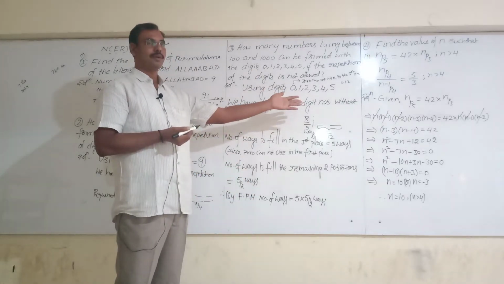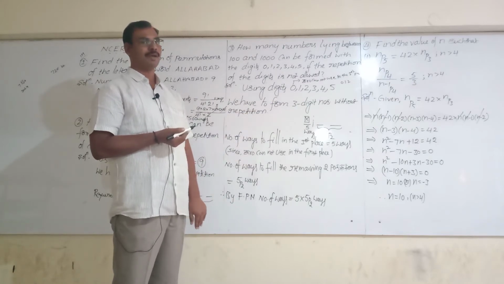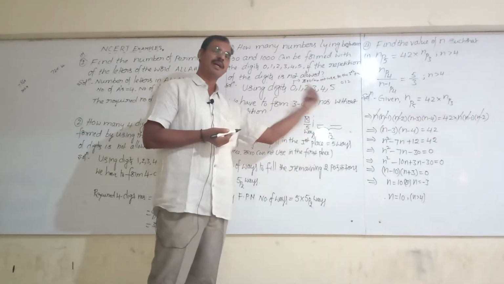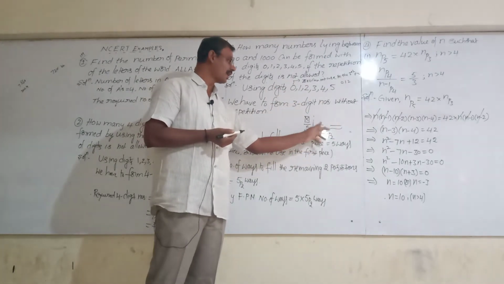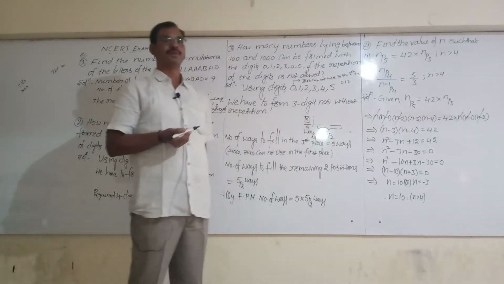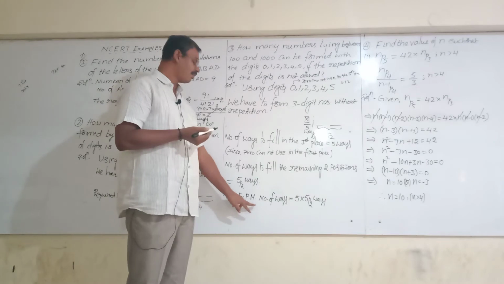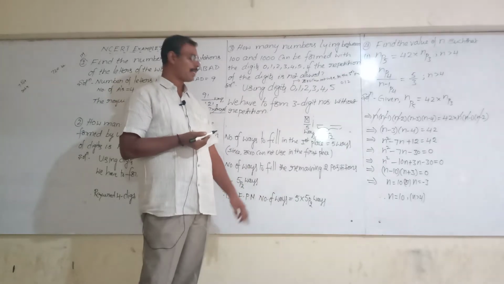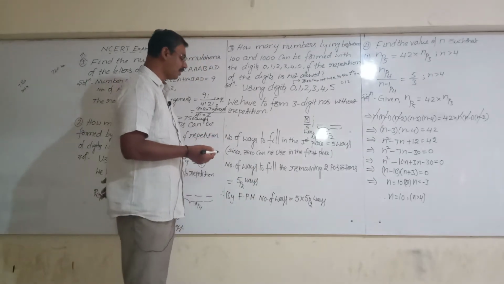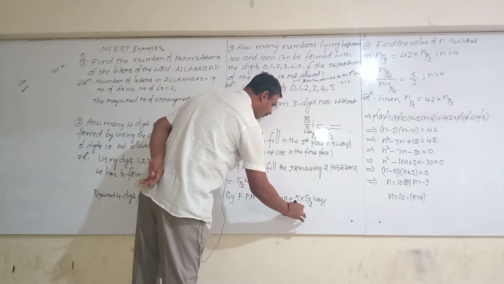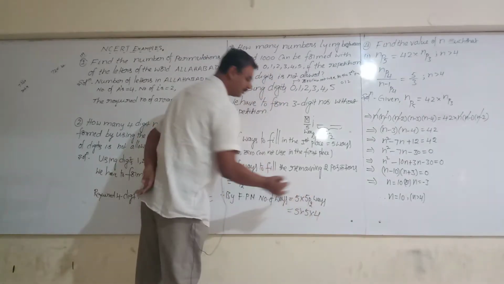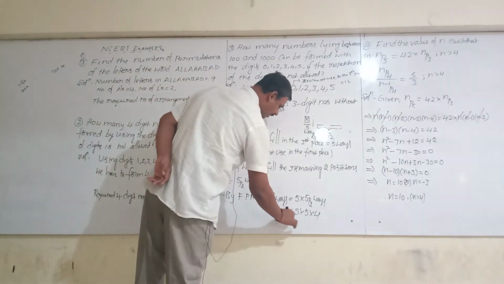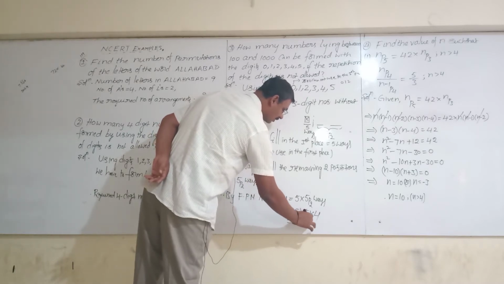What do I do? Multiplication or addition? Multiplication. Why? Because I do not stop at the first place. Further I fill the second position as well as the third position. So by using the fundamental principle of multiplication, the required number of ways equals 5 into 5P2 ways. Further I simplify: 5 into 5P2 means 5 into 5 into 4. Don't write a denominator, that is only in combination. So this is equal to 25 into 4, 100 ways.